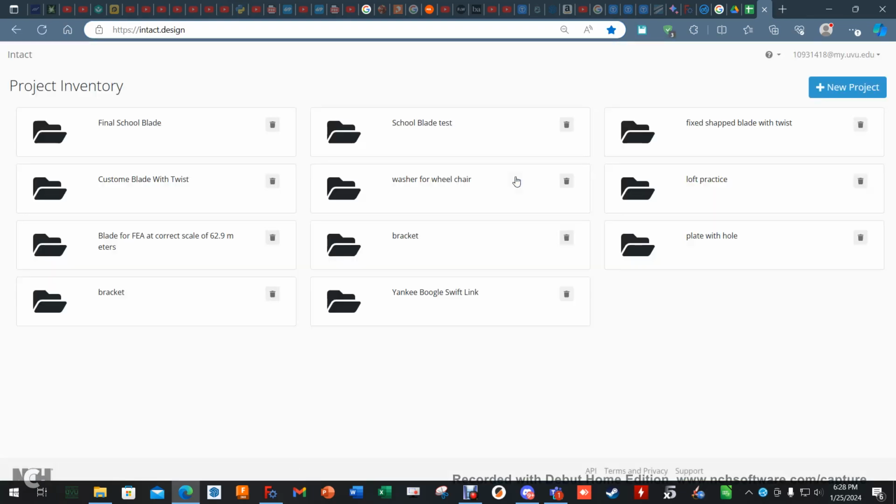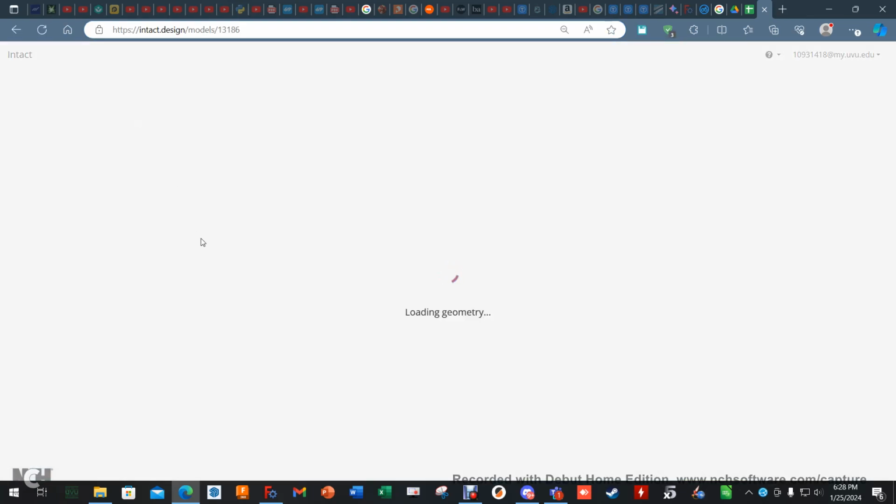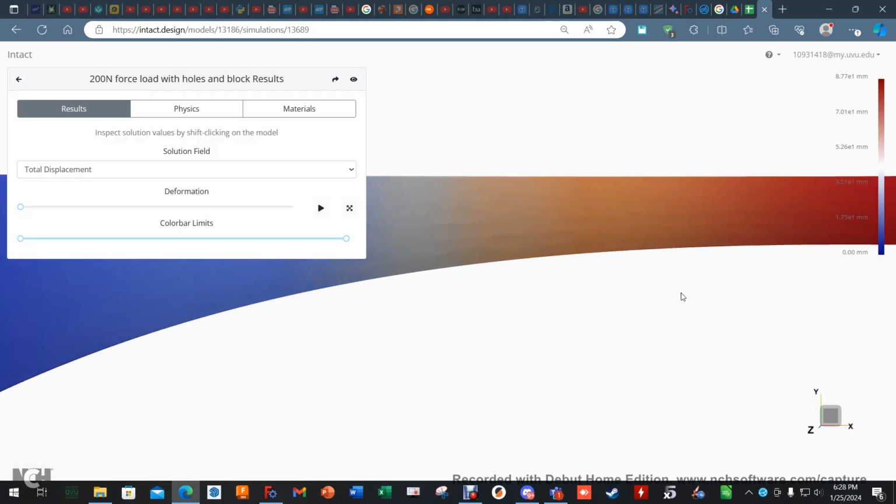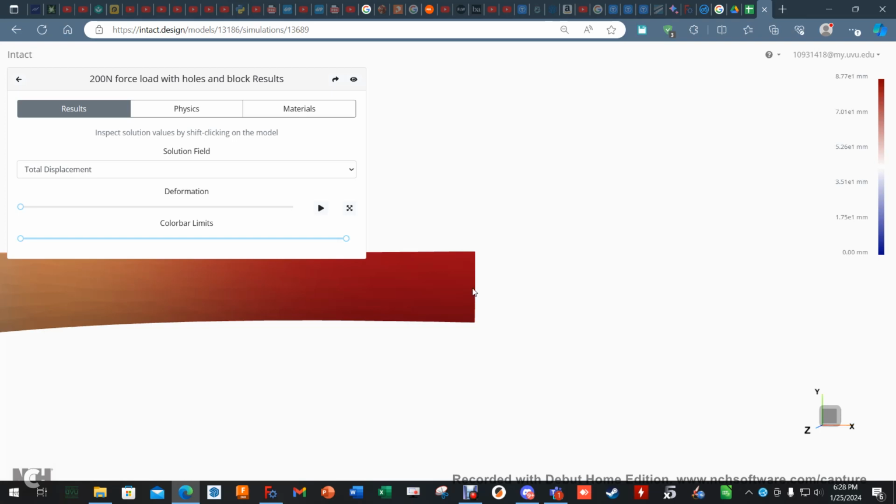Then I went into a website that I've talked about before, and I uploaded the blade. This is intact.design. This is where they do meshless FEA. And I exported the STL from FreeCAD, put it in here, did a 200 Newton, same restraints, same force, same everything. Okay, let's zoom in right here. Let's look at the deflection. Total deflection, 88 millimeters. So, and same material, so I know